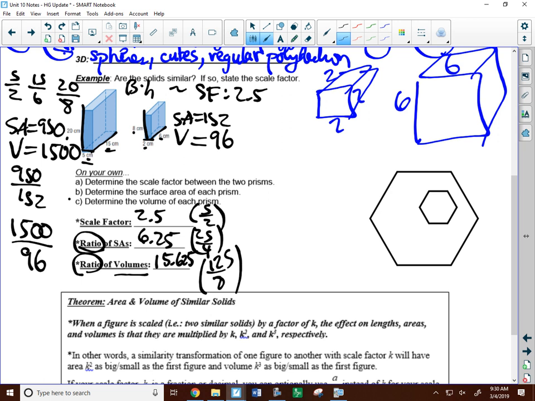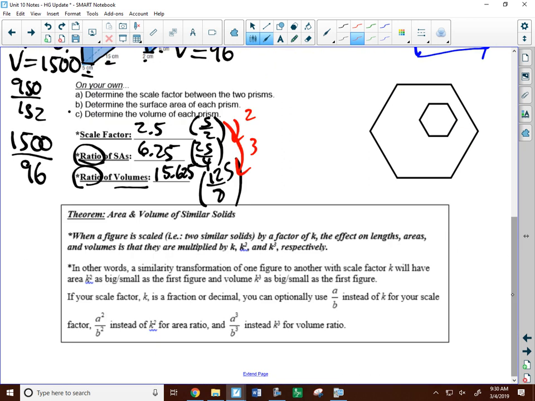If you want to make a note about how here we squared it, and from here down to here we cubed it, the next theorem at the bottom sums it up. But if you want to make a note about that, you can. So let me sum up the theorem, and then see if there are any questions, and then we'll try a few more examples. At the bottom, it just says,